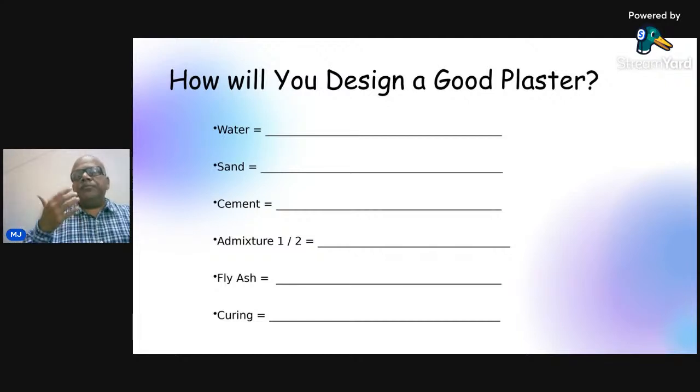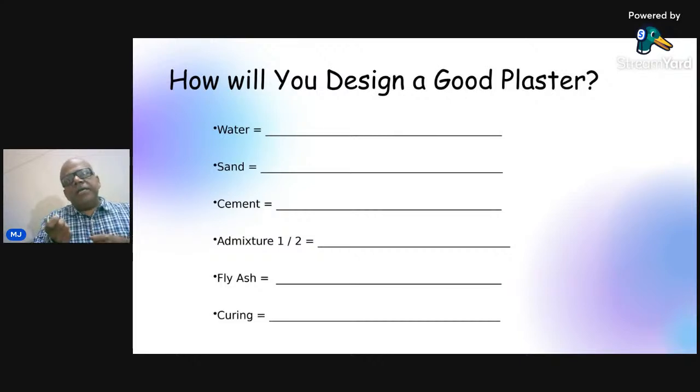This Hessian cloth will protect the plaster from direct sun, and it is very easy to keep moisture trapped inside once you have this hessian cloth on both the sides. So some buildings we see now, particularly repair buildings, they take extra precaution, but we all should do that. For even normal construction, we should have this hessian cloth, and we should put the moisture, because normally